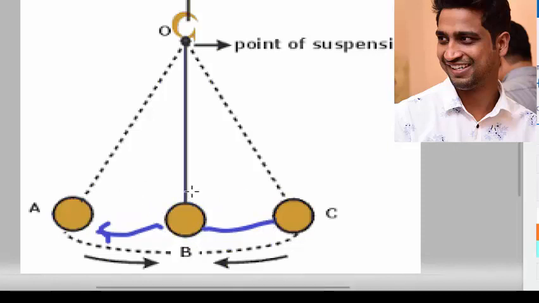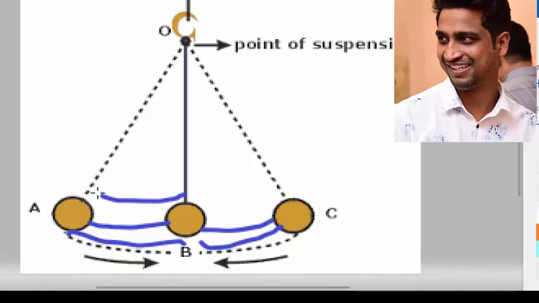Okay, the next one is oscillation. Oscillation and vibration both are same here in the simple pendulum, and if you say one oscillation, it means when the bob goes from the mean position, that is B, to A and comes back from A to B, and then goes from B to C and comes back from C to B, it is called as one oscillation. One oscillation means one complete cycle when the bob goes from B to A and comes back from A to B, then goes from B to C and then comes back from C to B. It is called as one oscillation.